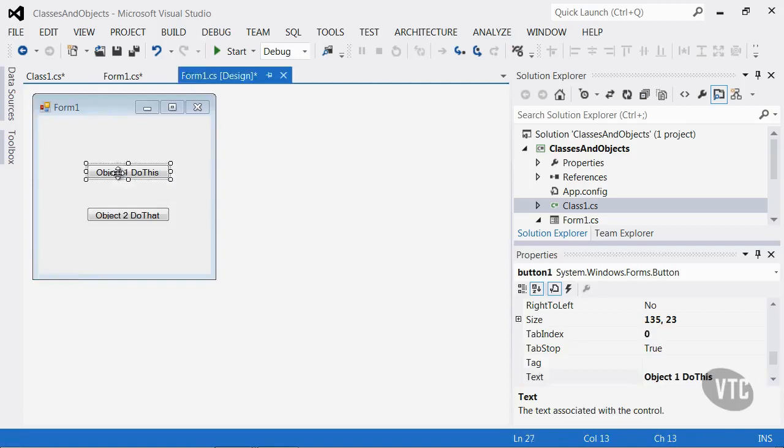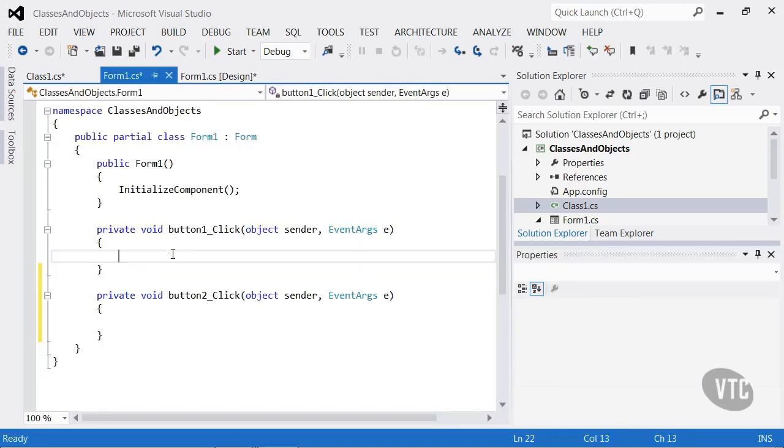Okay, so we want to have object 1 do this. On the button click 1, we're going to instantiate an object. So we're going to use the class that we have, Class1. Notice right here IntelliSense sees it, and we're going to create a variable called a. So we're creating a variable a, and its data type is Class1, and we're going to set a equal to a new instance of